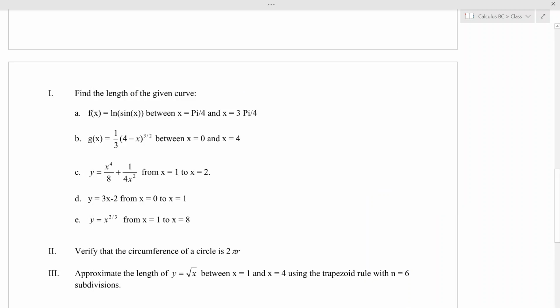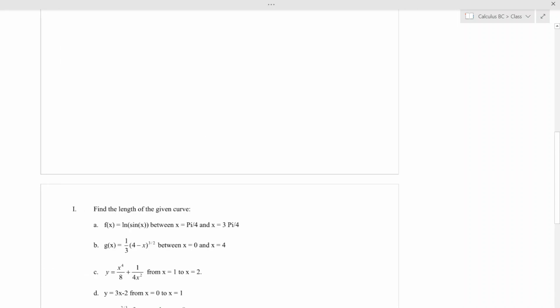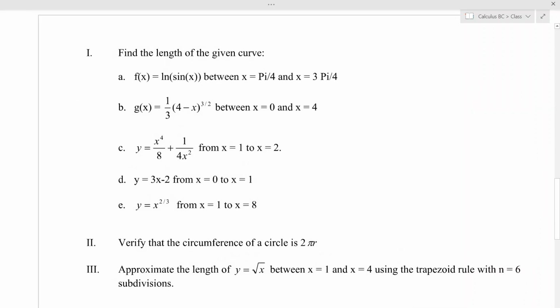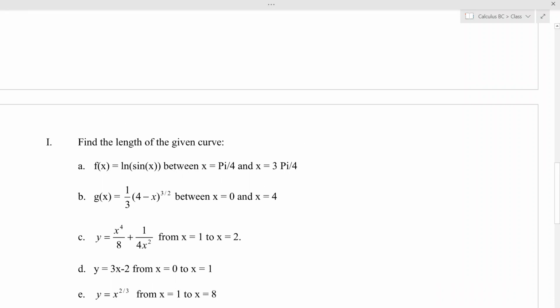All right, here we are. So the first couple of questions are find the length of a curve, which, come on, cooperate here. There we go. The distance formula we talked about in class is the integral from a to b of